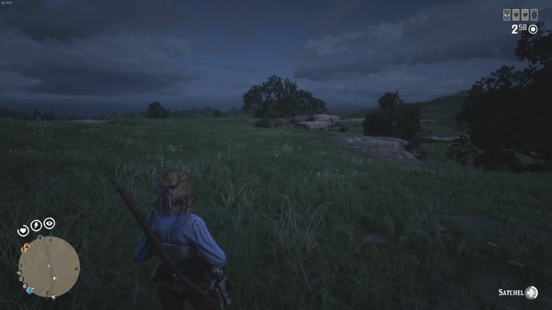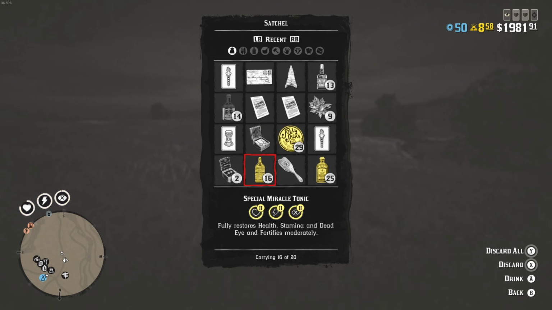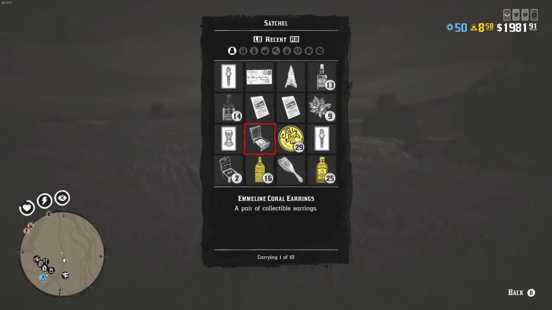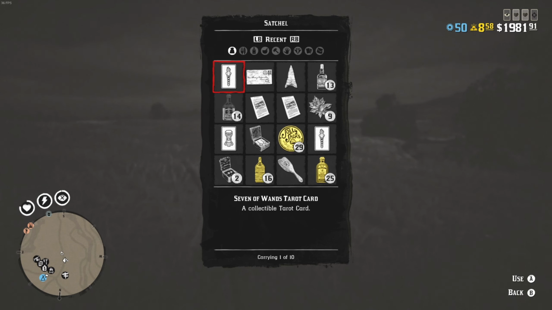What else are we talking about? I guess we'll do the satchel next. The satchel, if you're holding right on the D-pad, will open this satchel up. The beginning here gets a bit confusing, really. It takes a little while to get used to, because it's not organised, and you can't organise it, so it doesn't help. But basically, the beginning here will just show you what you've recently interacted with, and then